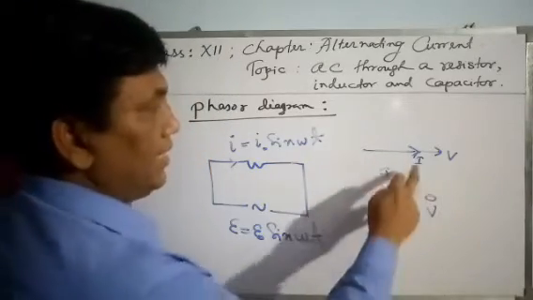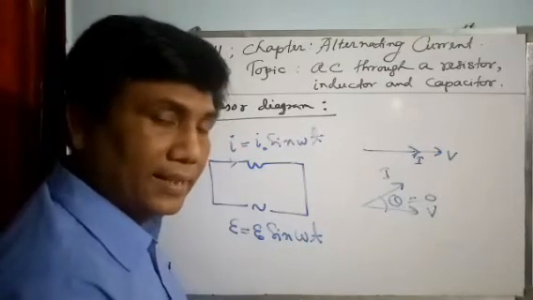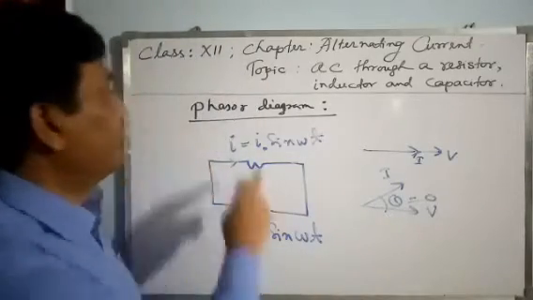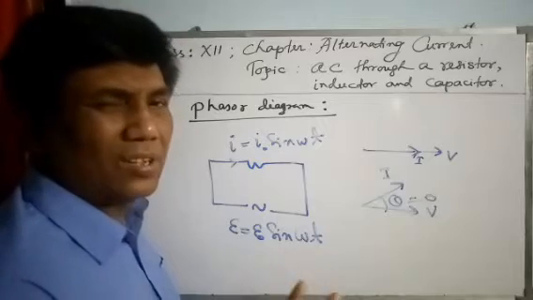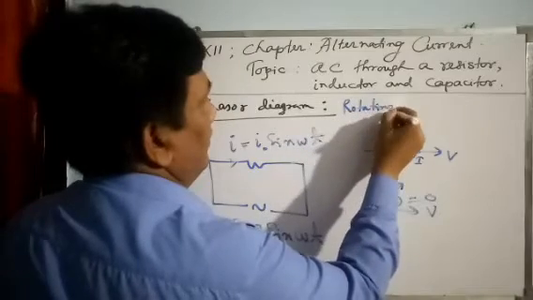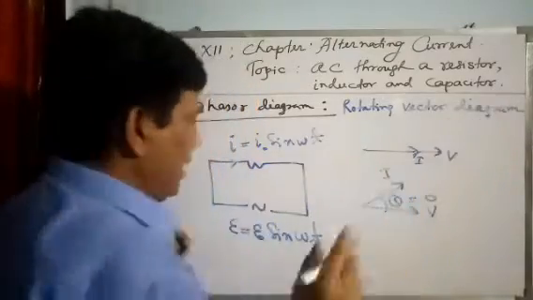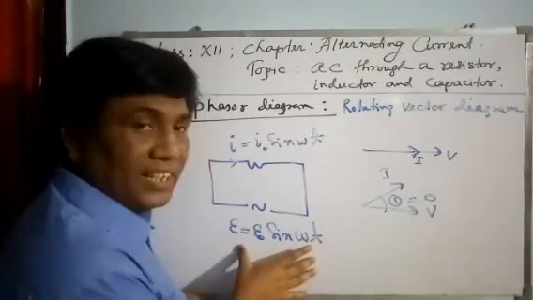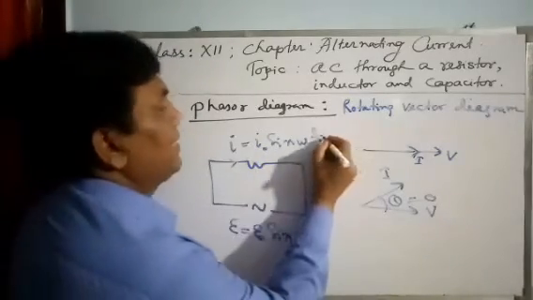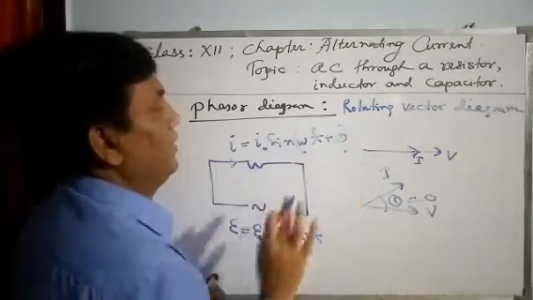Okay, we can say that the angle between the two phasors, voltage and current, now we are saying that they are phasors, rotating vectors. What is a phasor? If somebody asks you, it is called a rotating vector diagram. Remember, I have told you, say voltage is this, and if current is this, I don't know whether current will be like that or not. If current is like this, theta, something theta. Okay, now it is clear.